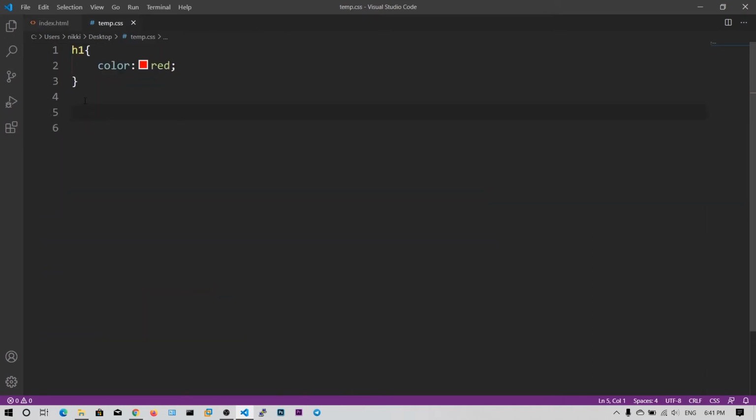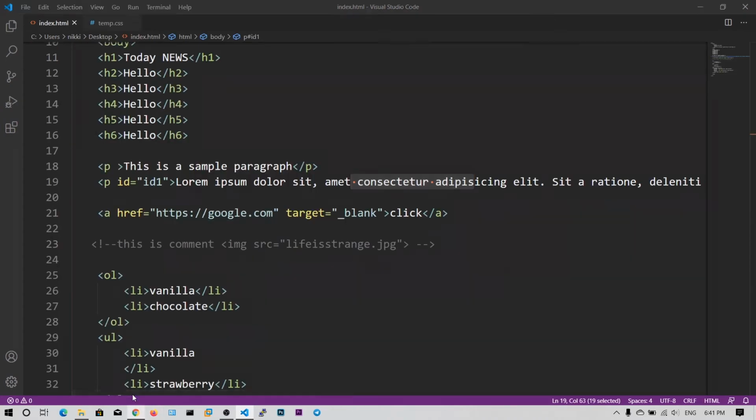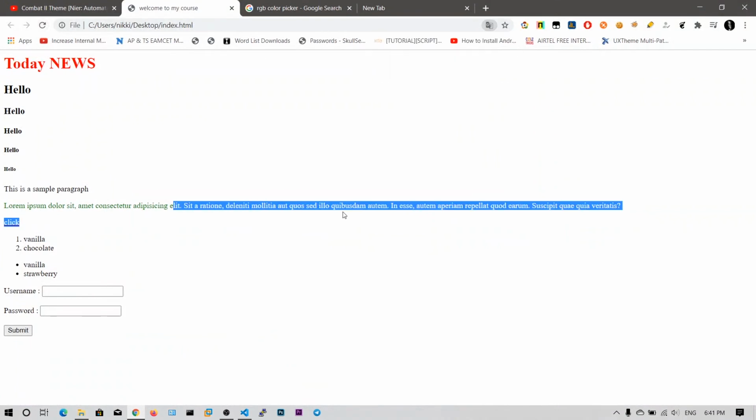What you need to do is put the hash symbol and say ID1. Whenever it encounters hash and then ID1, the elements with this ID1 are applied with this styling. Okay, let me show you. Color is equal to green. Now all the elements in our HTML file with this ID get the color green. Let me refresh this. You can see the paragraph changes from black to green.